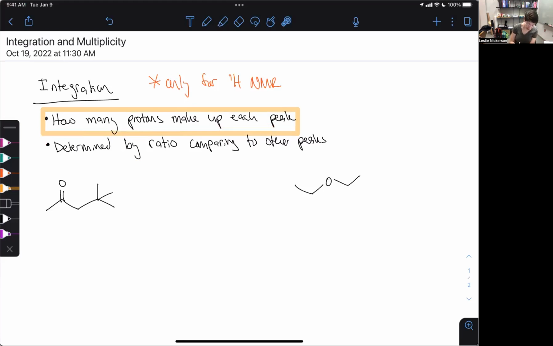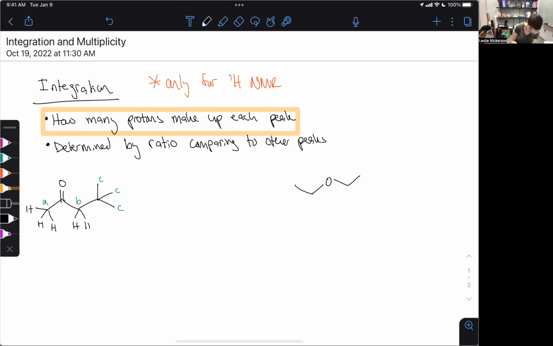All right, so first up, let's look at this one. The very first thing you need to do to figure out integration is think about the different environments that are present in this molecule. Just like we did in the equivalence video, this is going to be one proton environment, which is different from the B proton environment. This carbon has no protons on it, so that's not going to show up. But all of the methyls on this tert-butyl group are going to be the same. So basically we've got these 3 H's here,